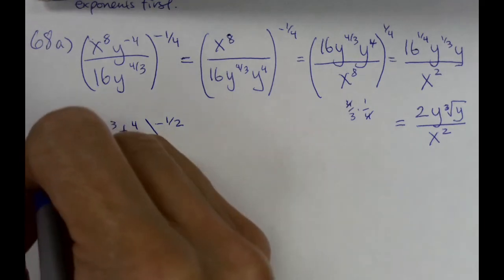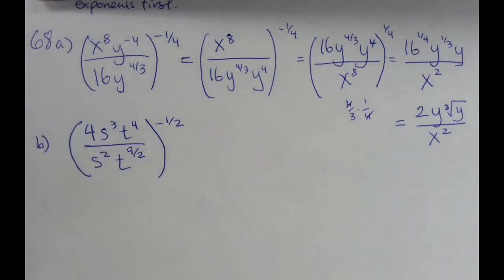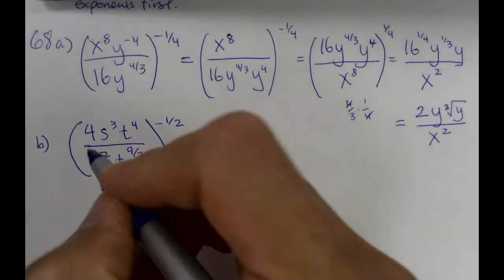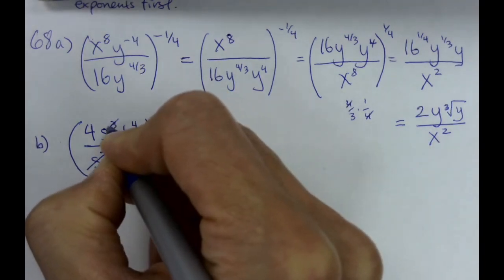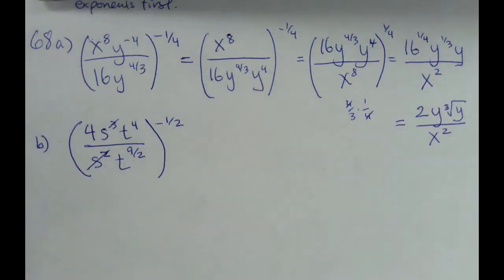So, you could distribute that negative 1/2 power. You could do the reciprocal first. I think what I want to do is cancel out, because I've got s's on the top and bottom, same with the t's. So I can take s squared out of the top and the bottom, or you could also